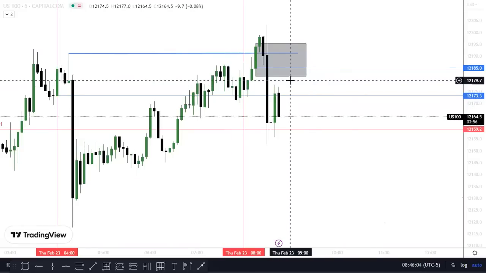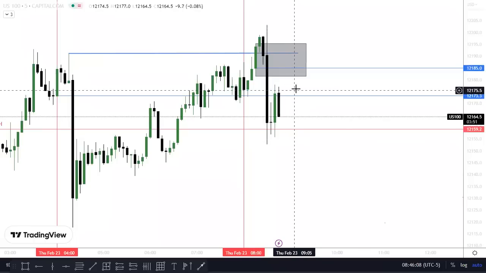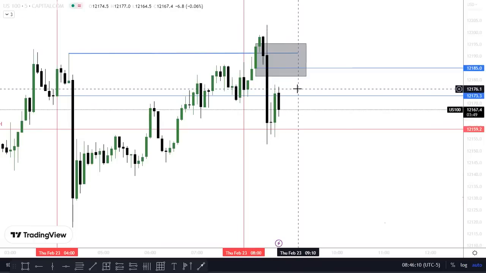$8.46, no entry. Somebody probably saw the breaker and like, ha, good thing I didn't listen to him. One of the funniest things about trading is it doesn't matter how much you show consistency. There's always somebody trying to one-up you. It's almost like two persons can't be successful together. One person must win and the other person must lose. I don't know where this mentality came from, but it's madness.